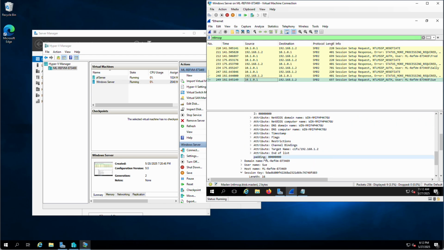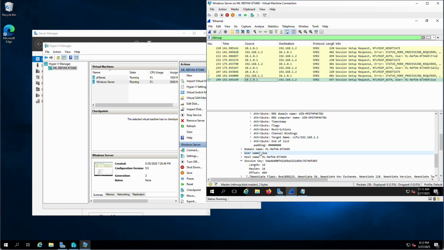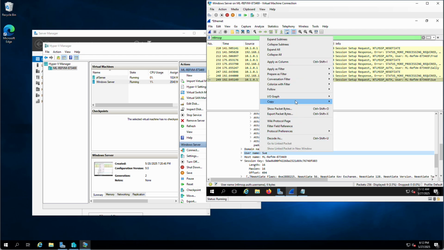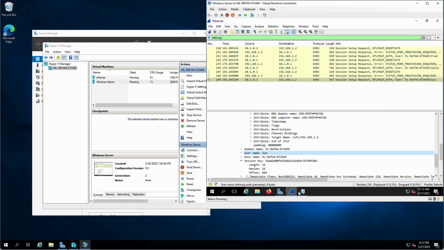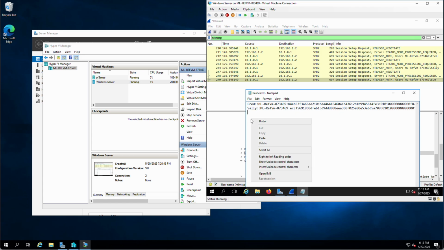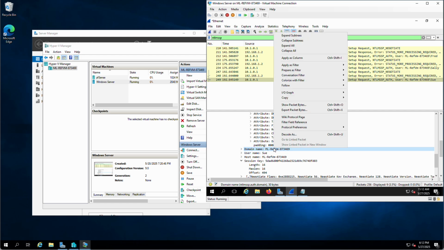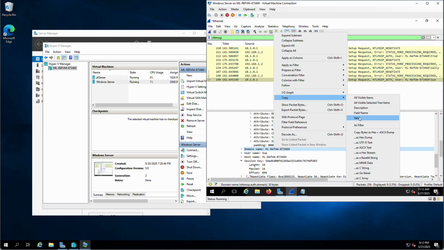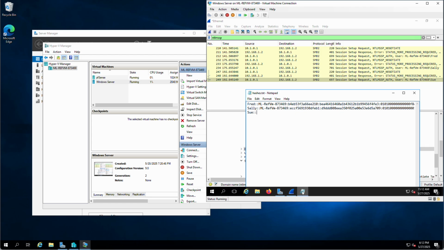Where is Sue? Sue is in here somewhere. There is Sue. I'm going to right click on Sue and copy the value. Paste it in here. Put in 2 colons. I'm going to go back here. I need the domain name. I'm going to copy the domain name value. Pasting that in. I'm still doing it with right clicking and pasting, even though I know I could just hit